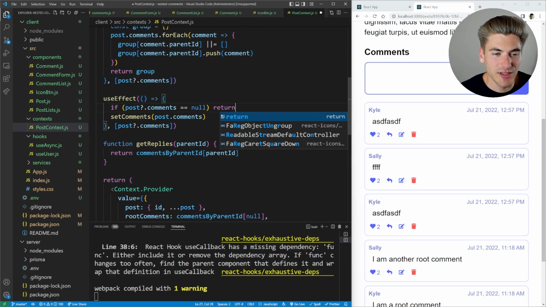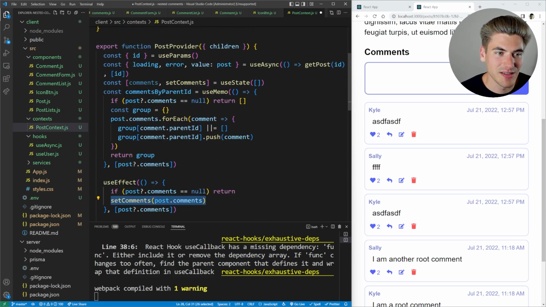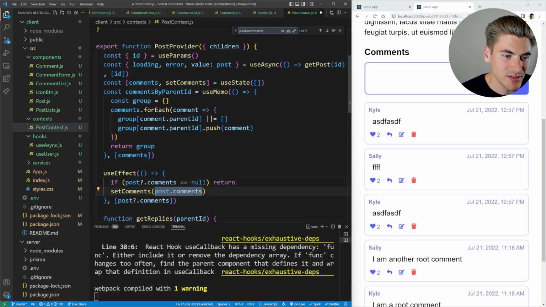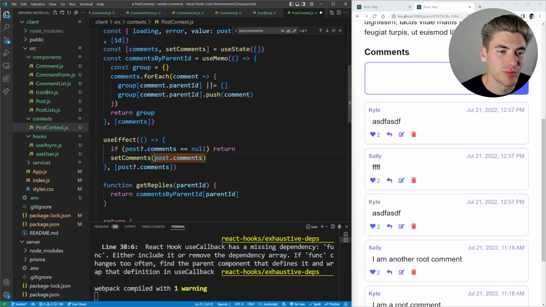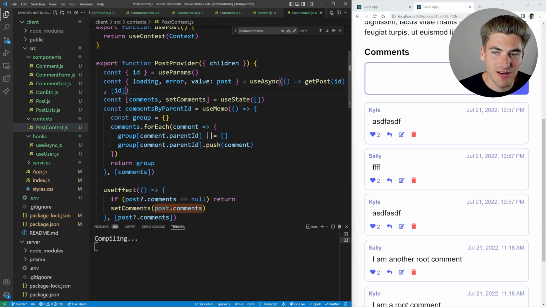So what this little bit of code does is say, as soon as we load our post, take all the comments from our post and set them into this comments variable. Then everywhere I was using post.comments, I want to just replace it with normal comments. So we can just clean this up a little bit. Everywhere that was post.comments should be comments. If I search for post.comments, it's only being used in this one single place. And now we have a local array of comments that we can use. We can add information to this array, and everything is going to work fine, but now we have a local version instead. So if I save,